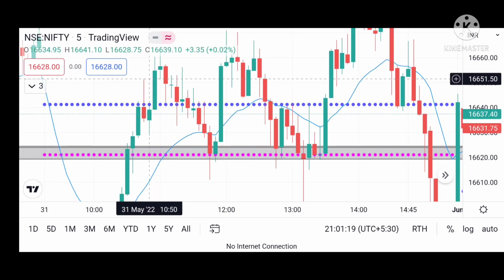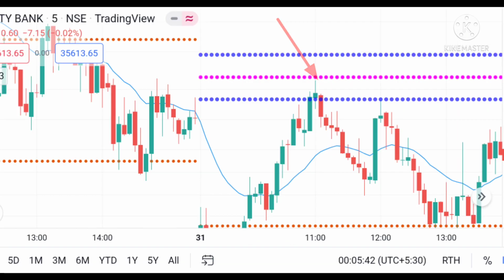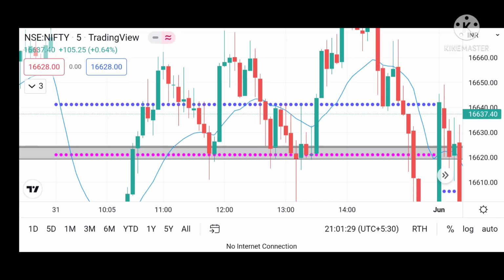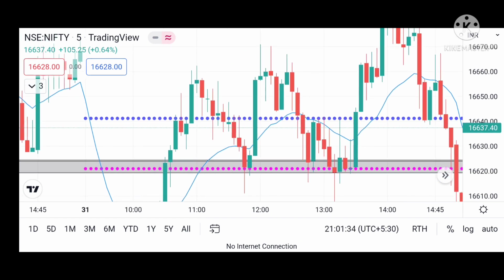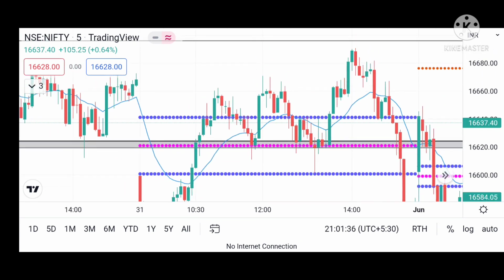I booked my profit here only, not at 1:2, because at the time the Bank Nifty was at an important resistance, the CPR resistance. So it's very important to break the CPR on the first try. That's why I booked my profit, because it reversed from here also. So this was the trade which I wanted to share with you about,